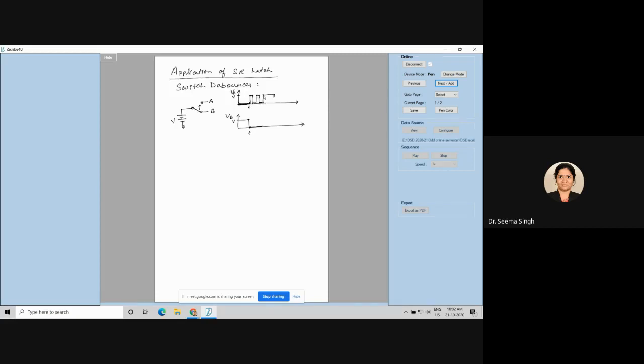Now coming back, suppose at this moment I will call this T1. At T2 I switched the switch from VA to VB. Now what will happen? The same bouncing phenomenon will happen at T2. Now the bouncing will be seen by whom? It will be seen by VB.